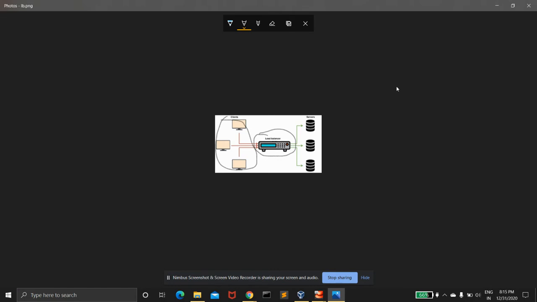But assume a situation where more than 100 people are hitting your website in less than a minute. So at that moment, the load balancer has to decide to which server it has to transfer your request and get back to you with a success result. So the load balancer will automatically detect which server is having less load and transfer your request to that particular server and provide you with the result.